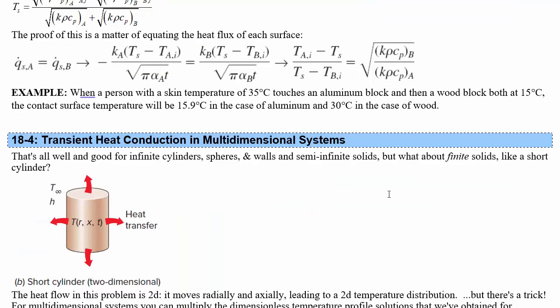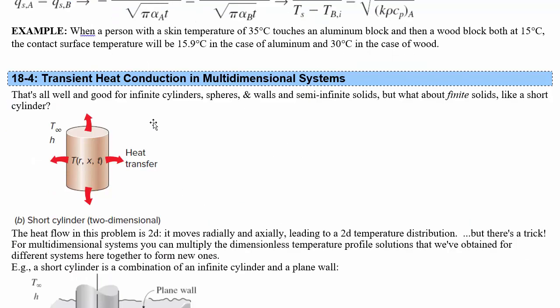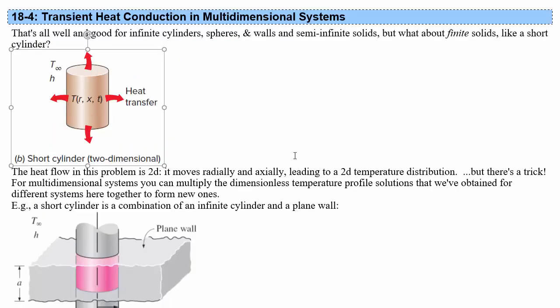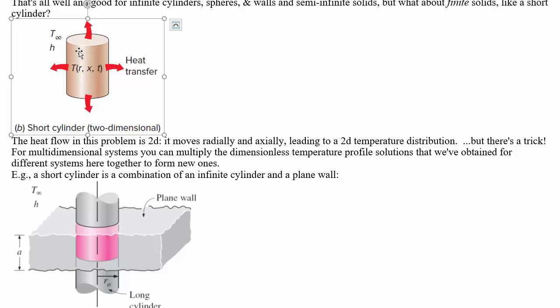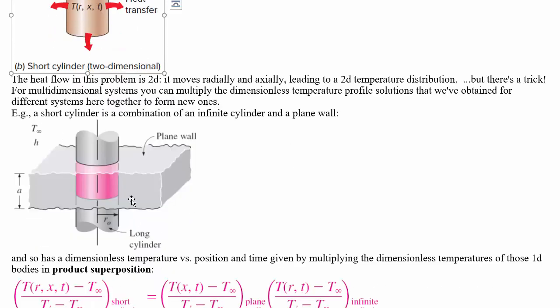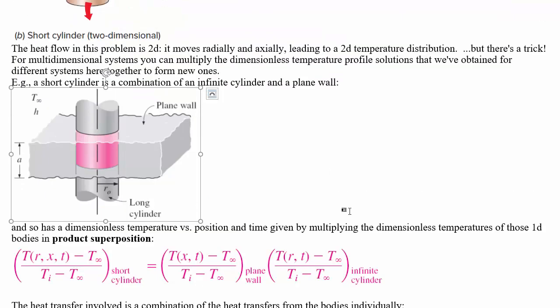Last thing for today is kind of short to explain, but very deep in its application. It's how you extend these previous infinite object results to deal with finite objects. It turns out that if you have a cylinder here, which has heat convection from the tops as well as from the sides, so it's a finite length cylinder rather than the infinite length cylinder, then you can treat it like the superposition of the results for the plane wall that we had and the results for the long cylinder. So product superposition would tell you that the temperature distribution as a function of time and